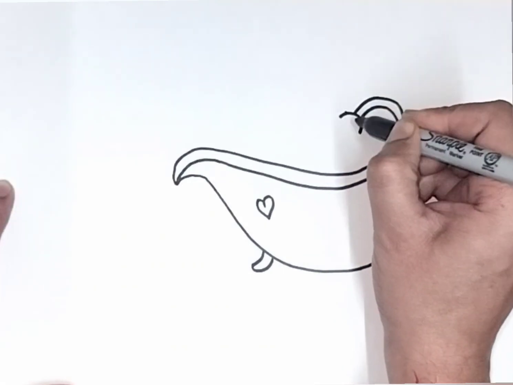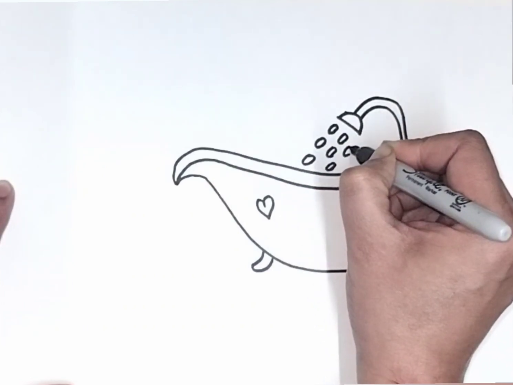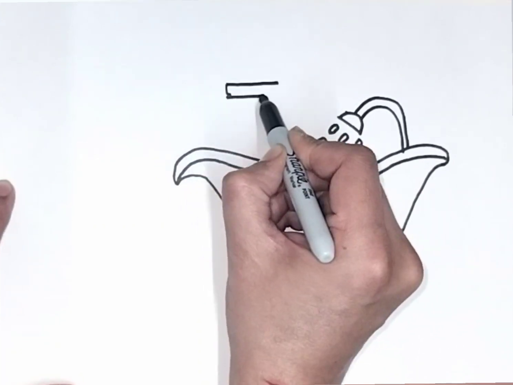Here comes water droplets from faucet. Along with water for bathing, we need shower gel, soap and sponge. So let's add these accessories to our drawing. Now,